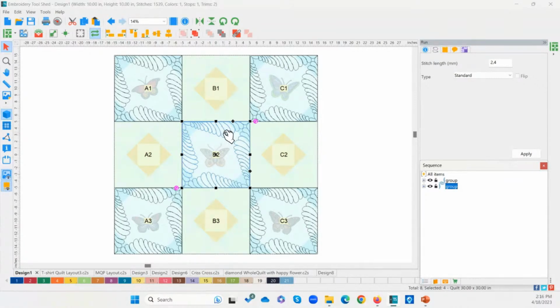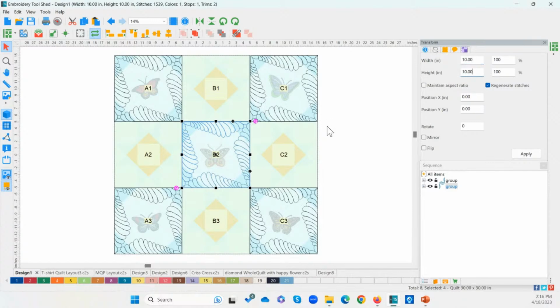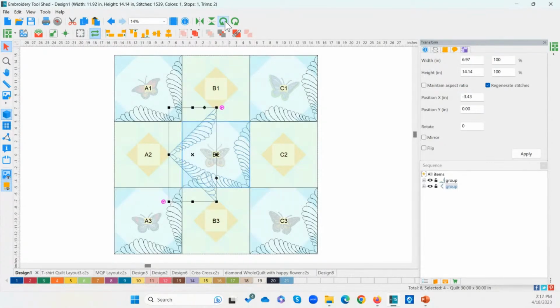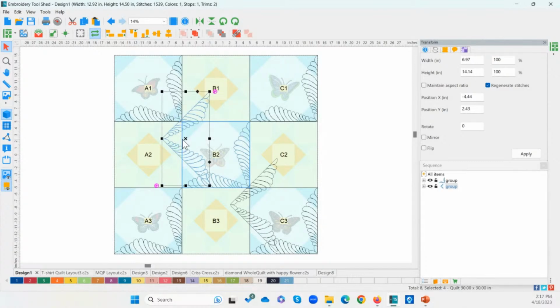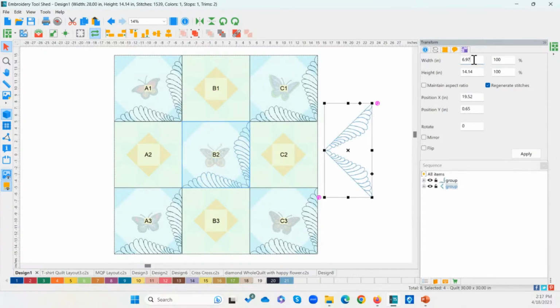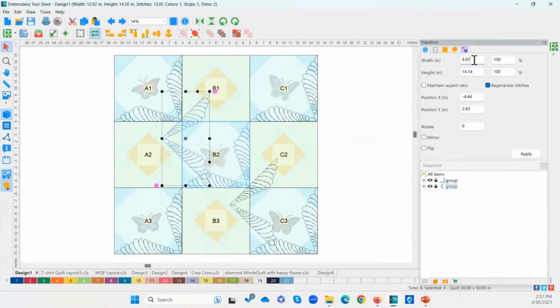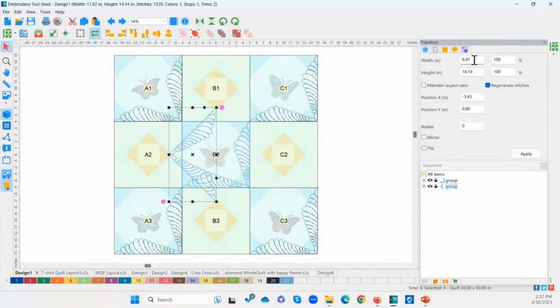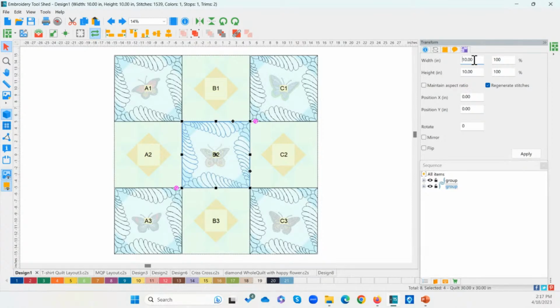Now, even though in this orientation you're still dealing with a 10 by 10 design, if you actually hooped this block on the diagonal, your design would actually fit like this in the hoop. And this design, half of it is almost 7 by 14. So depending on the hoop that you own, you could not only hoop that full block in a 10 by 10 square to get that quilted, but you might be able to break your design up in pieces in order to get it hooped.